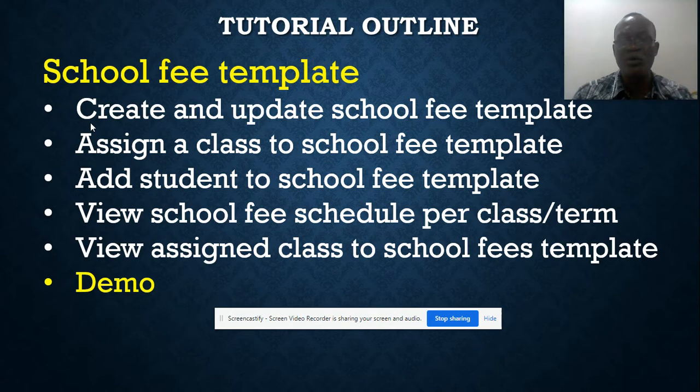So for this, we're going to cover school fee. In part two here, we're looking at school fee template. We're going to teach you how to create and update school fee template, and assign a class to a template. Once you create a template, you can assign a class to that template. Okay, what do you mean by a template? A template is